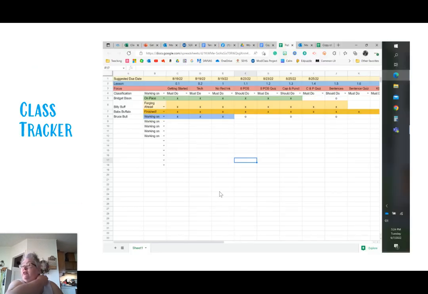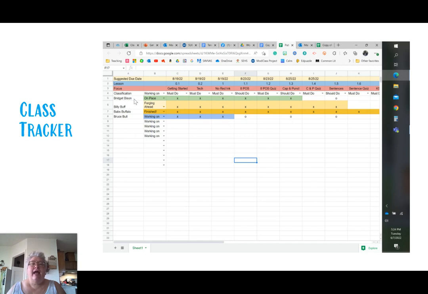All right, every day you'll have a classroom tracker and it looks somewhat similar to this. So this is my goal. You have the assignment deadlines, and then you have the lesson number, and then what is the focus of the lesson is right here. And then down here, it tells you if it's a must do, a should do, or an aspire to. And then what we'll do is as you finish these, we will put an X in the